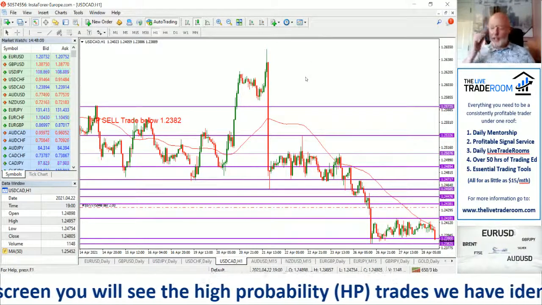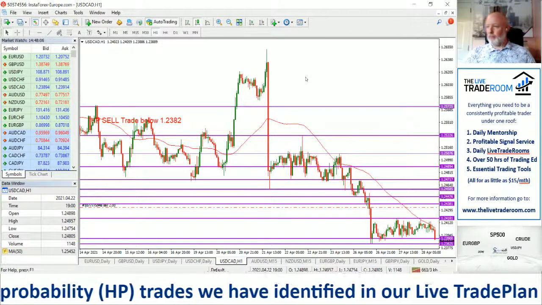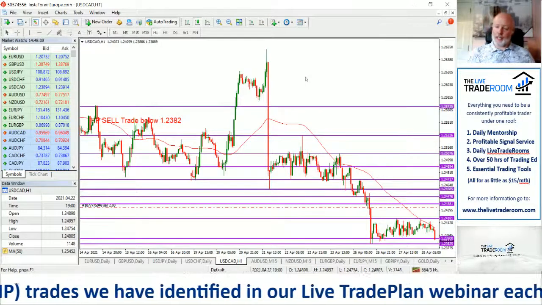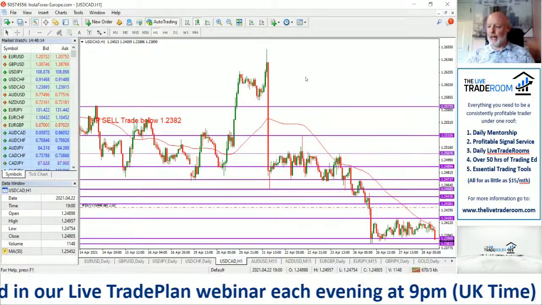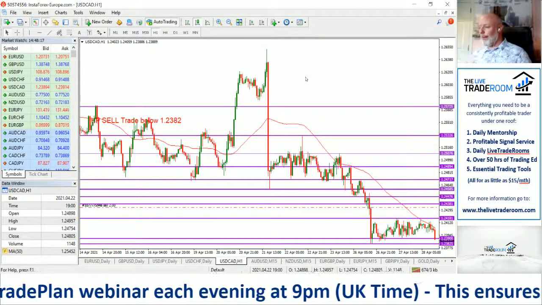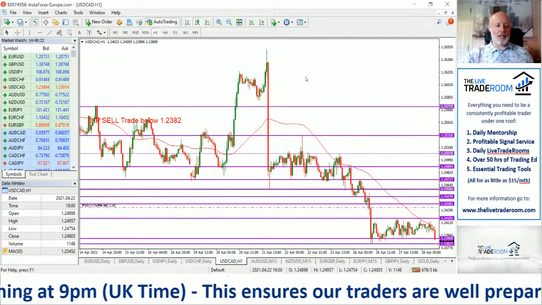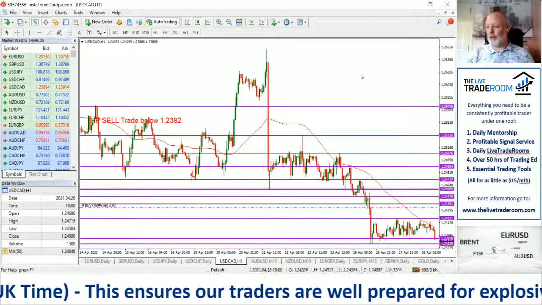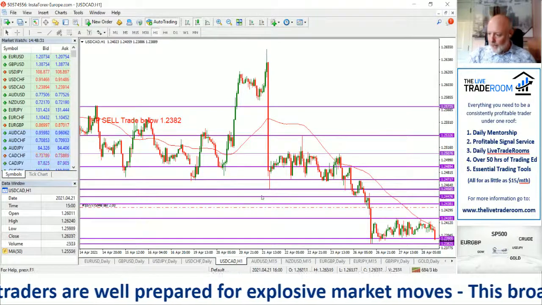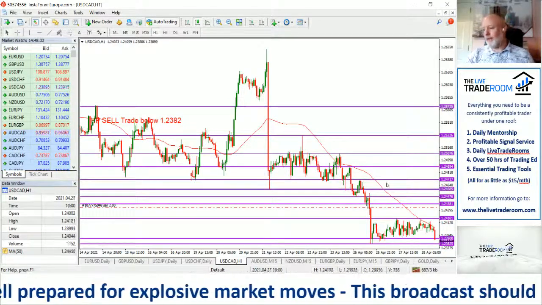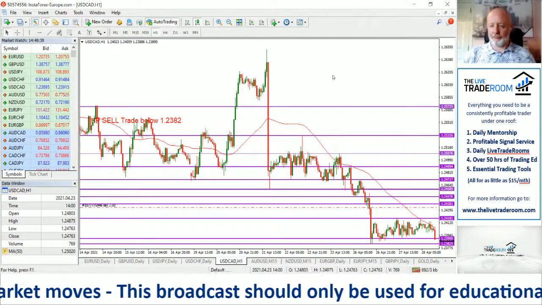Going into these trades, it's always really about being a little bit patient. Previously, or let's go back a couple of years, you could get a 3, 4, 5% return on your investment in any one particular trade. Now we're running into market conditions where we're needing to be a little bit more patient than that. So we very well may need to carry trades over for a couple of days before we go through these long periods of sideways moving price action, and then we get a major move followed by further sideways moving. It's just the nature of these market conditions that we need to be mindful of.